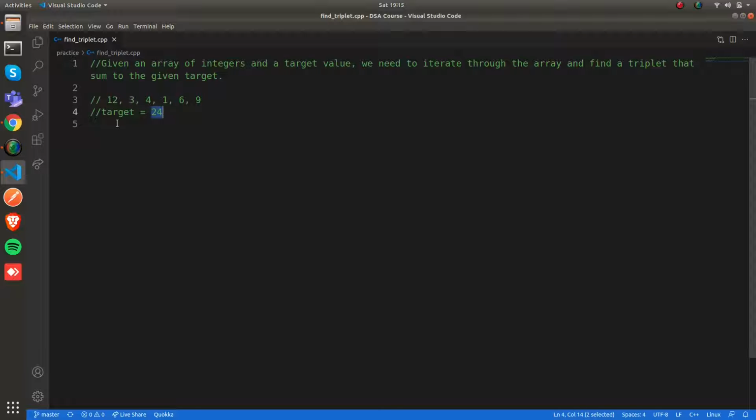So what will be the triplet? The triplet could be 12 plus 3 is 15, and 15 plus 9 is 24. So the triplet for this target is 12, 3 and 9. So that's our problem. We need to find all the possible triplets in the given array whose sum is equal to the target. So first let's